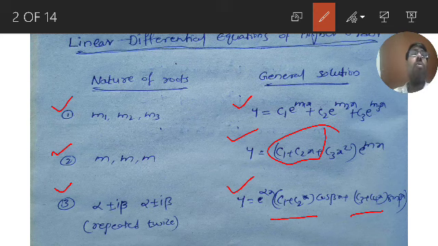And for complex roots which exist twice, repeated twice, that is alpha plus or minus i beta as two pairs of roots, again alpha plus i beta and alpha minus i beta, that is total roots are 4. Then how to write in this case? In this case we will write y is equal to e power alpha x into (c1 plus c2 x) cos beta x plus (c3 plus c4 x) sin beta x. So these are